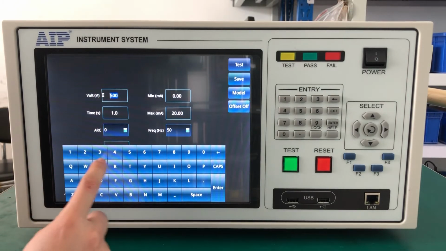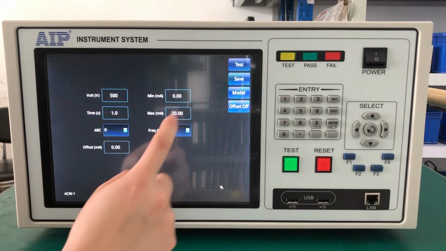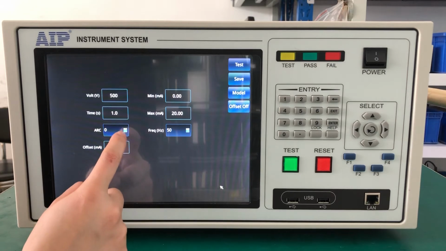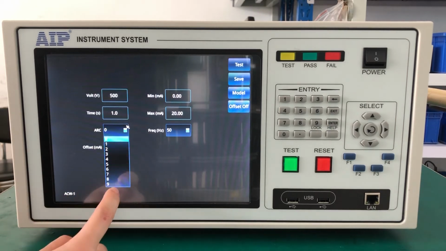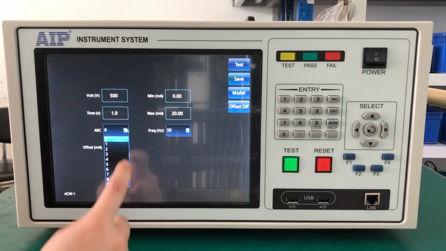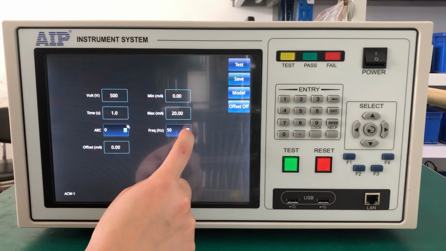High pot, the high pot setting. Enter the voltage, 500 volt. Test time, the minimum and maximum leakage current range. The arc detection: grade 9 is the most sensitive level. 0 means turn off this function. Frequency,